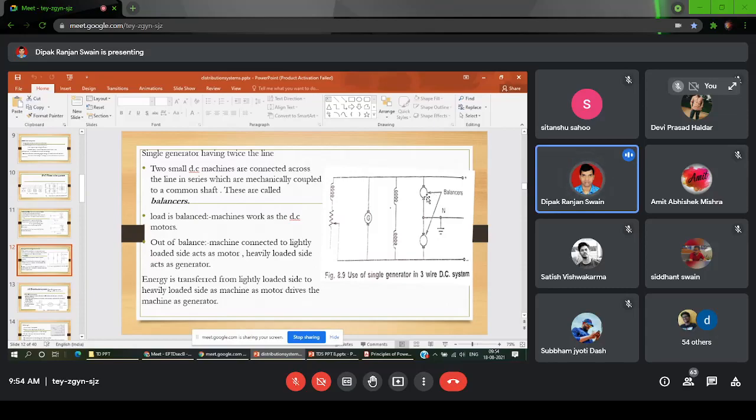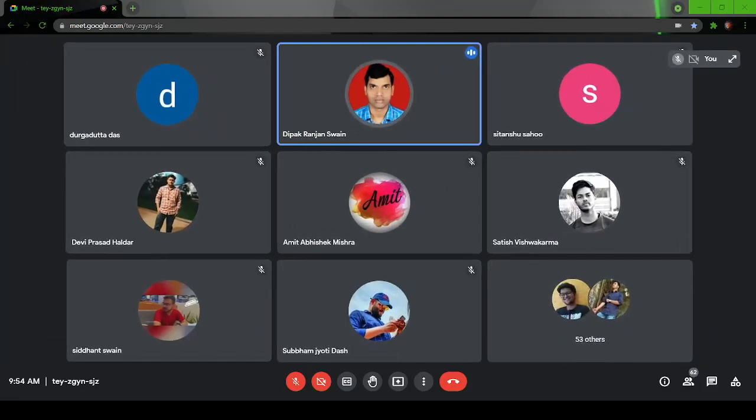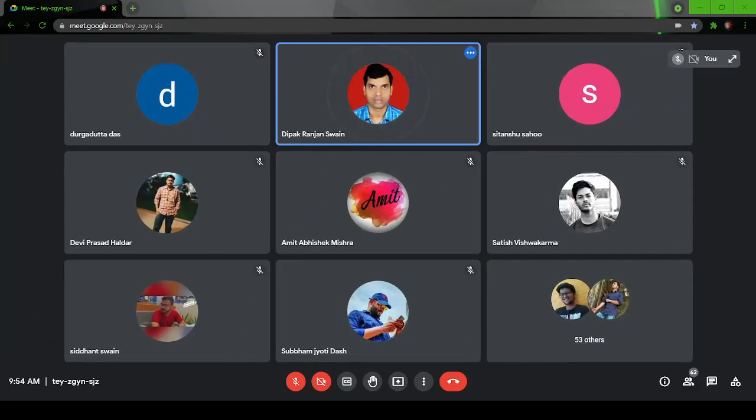So I can say the load current increases due to the motoring action of this one, whereas the machine on the other side will behave as a generator. As it is a generator, it will partially meet the demand of the load. If it partially meets the demand of the load, the demand from the supply side will be less. Let us say this is I1, this is I2, so this will be I1 minus I2. If some part of the load demand is met by the DC generator, then the demand from the